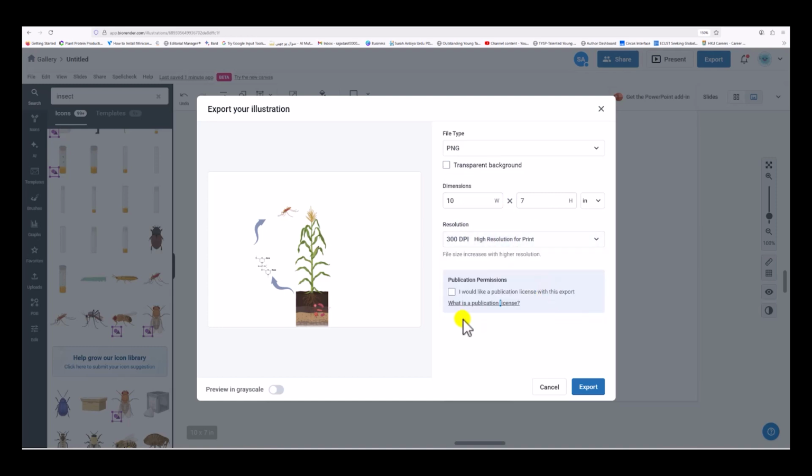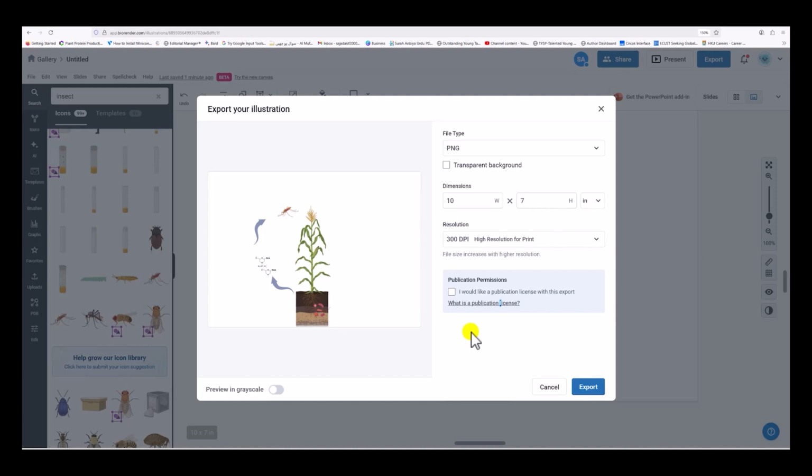But one thing you should remember that this BioRender is not free software. You can make figures, you can make illustrations, you can make a graphical abstract in this BioRender, but it is not totally free. Because when you are using the free version, there are certain limitations.